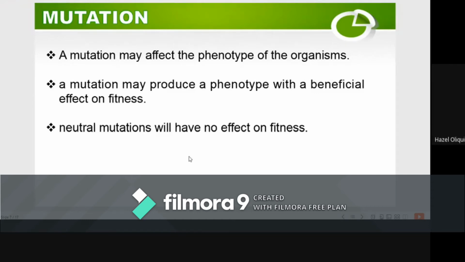Over time, these types of individuals survive, while those that don't have the mutations are more likely to perish. Therefore, natural selection tends to remove the less fit individuals, allowing more fit individuals to survive and form a